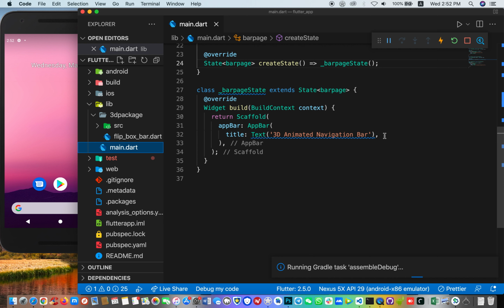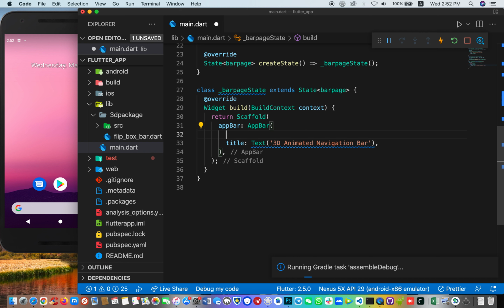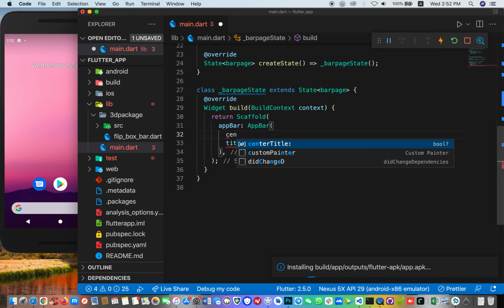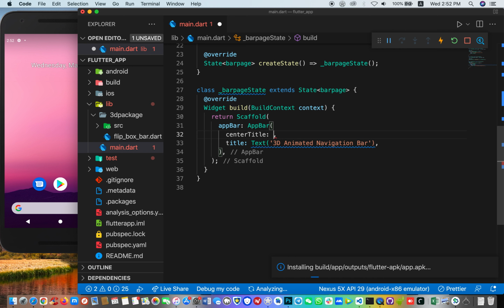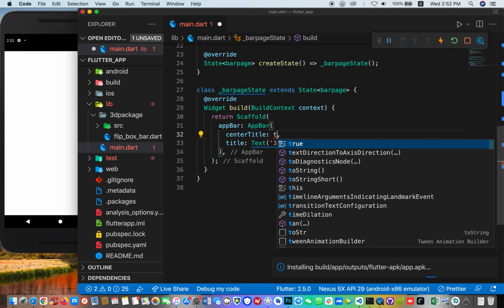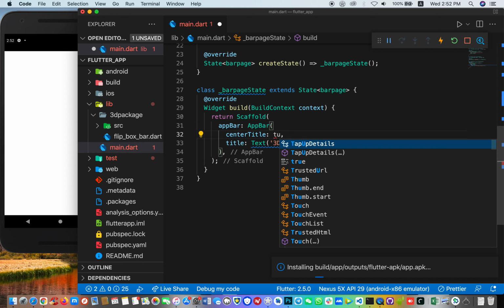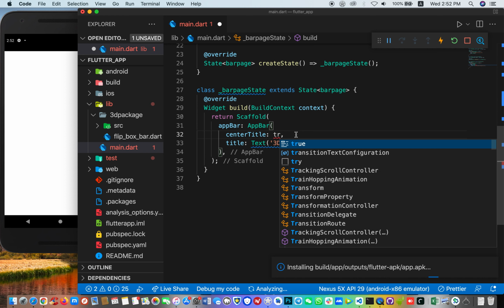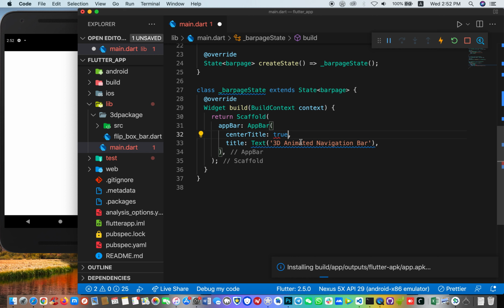So this is still loading, but let me see. I'd like to add this in the center. I know it's not going to show in the center, so let me add center, and then let me set this to true. Okay,